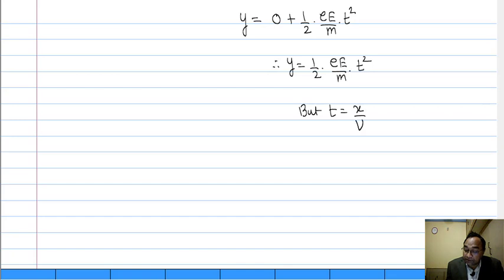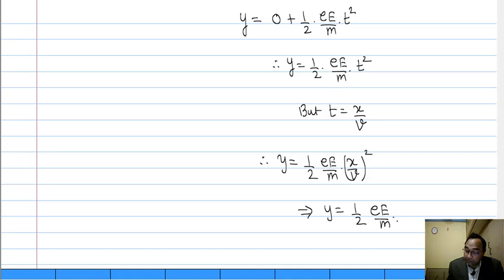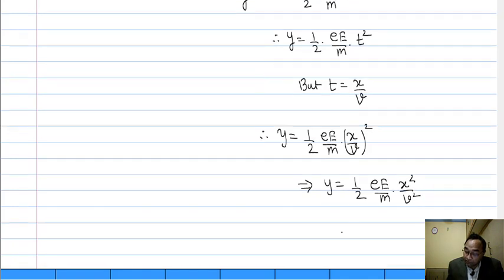X by v, you are releasing with a velocity v. So, distance travelled, let us say, is y. Therefore, we get y is equal to half a x square by v square. From this what we conclude, a very important conclusion, y is proportional to x square. This implies